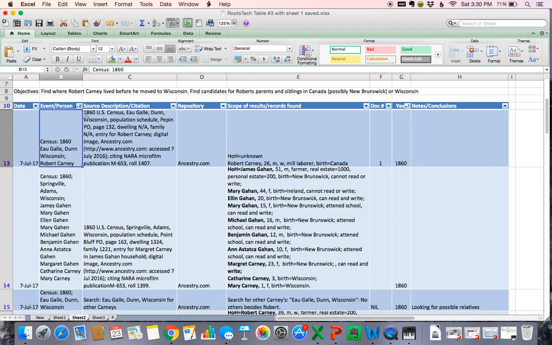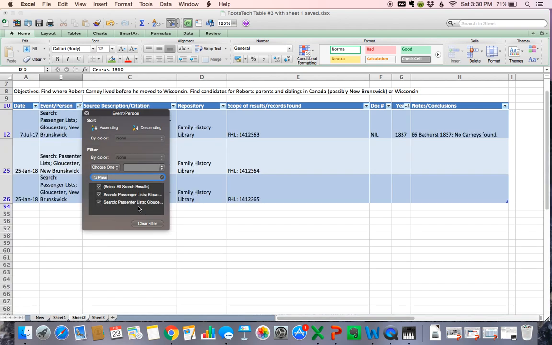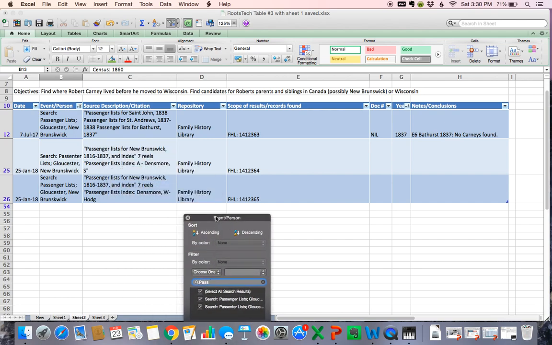Okay, so let's go back to our event person column. And now I want to type in passenger list. And I can just start typing that and it will sort it. And here's a list of all the passenger lists that I want to look up that I found in the catalog. And as you can see, I've already looked up this one and there was no information about the Carneys